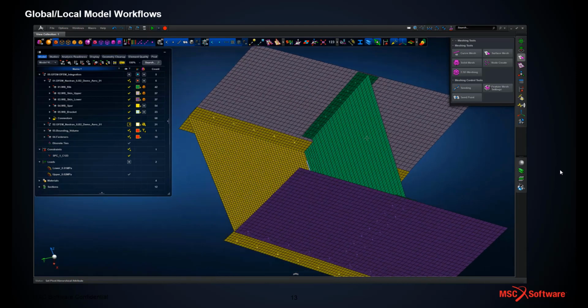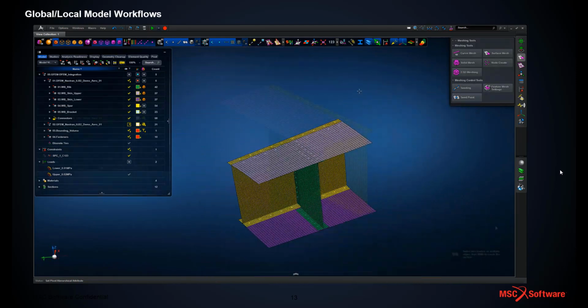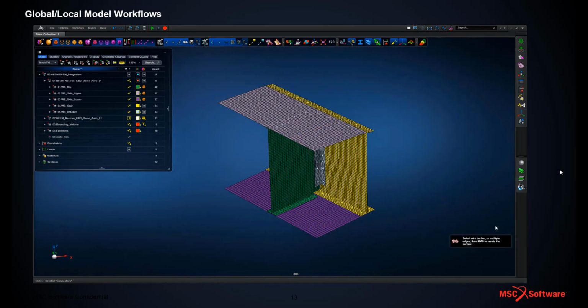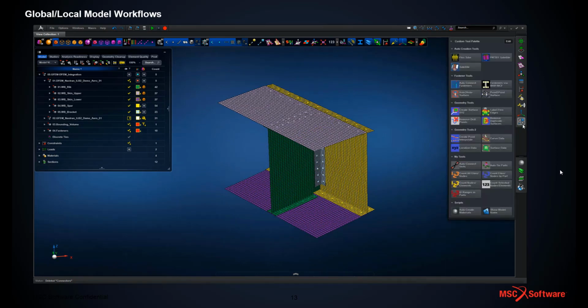We've included fastener locations which the mesh has respected using some of the mesh technology within Apex, and once we've got that, we're pretty much ready to go and to tie things together. So on the right hand side now we can see an example of the custom tool palette where we've customized Apex to work with an external script